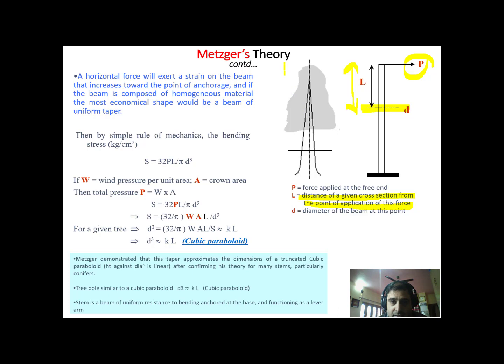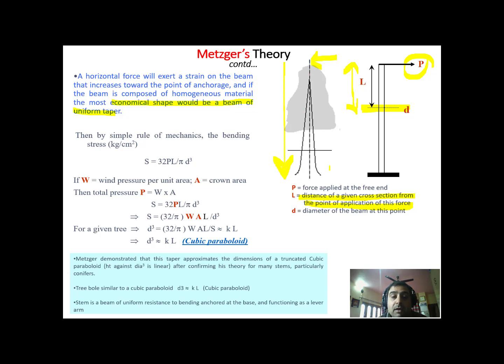This means the force, when applied here through wind, always increases towards the base. The force, when resolved into two vectors, is maximum at the base. And if the beam is composed of homogeneous material, if this stem is homogeneous, the most economical shape would be a beam of uniform taper. As you can see in the figure, this would be the most economical shape